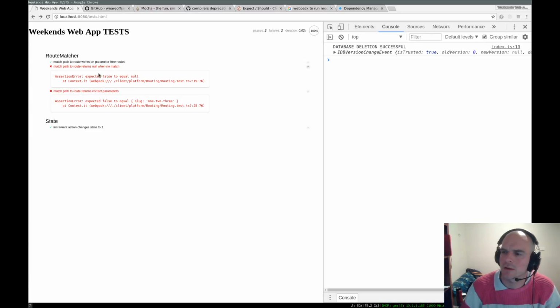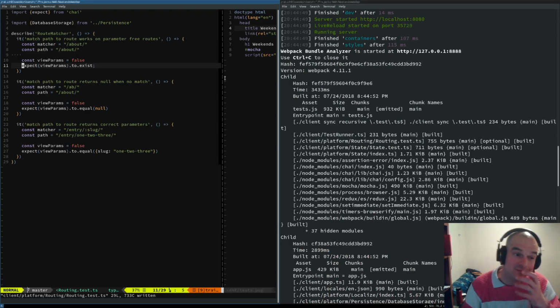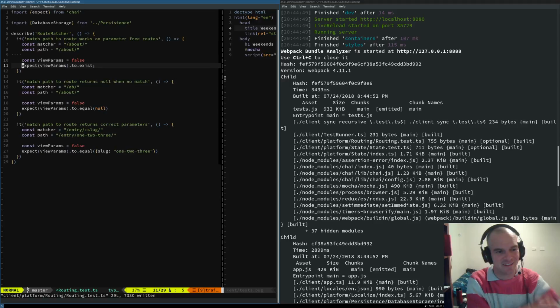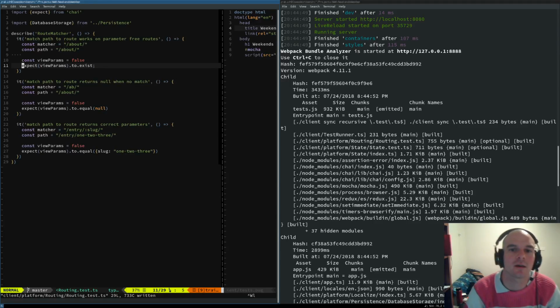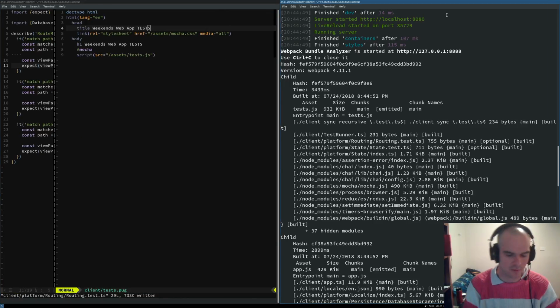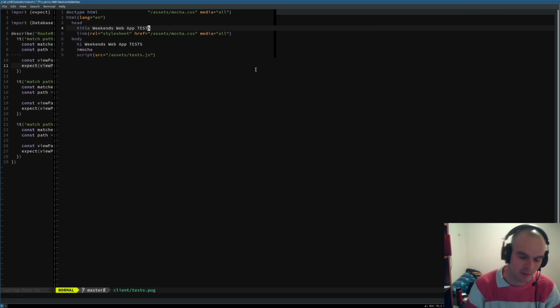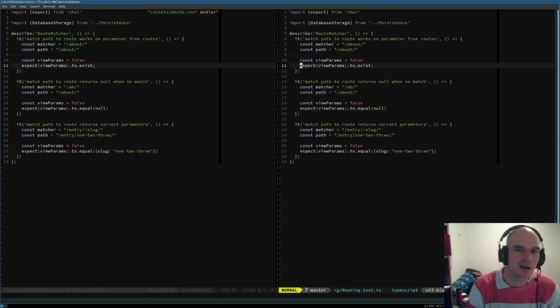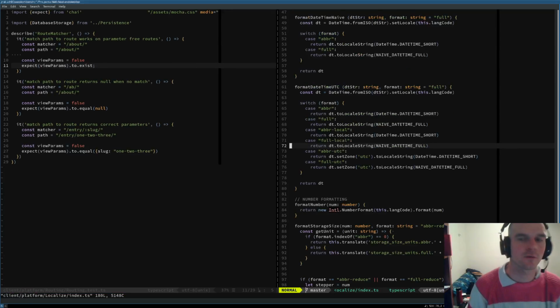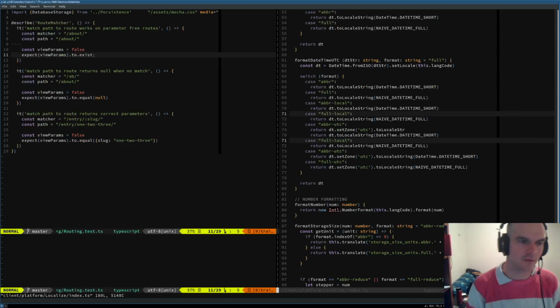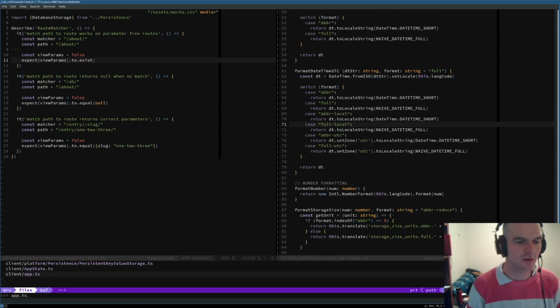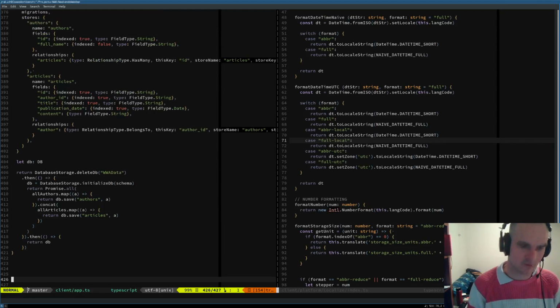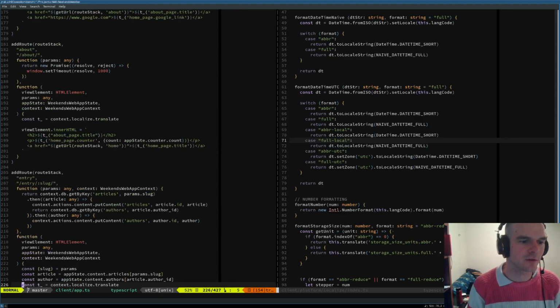Now that we've got it running, we may as well start in on that whole testing thing, right? So let's start smashing out a few simple tests. I'm going to get this off the screen now because we don't need to see it anymore. And we're going to start looking at our localization layer, because that's the first thing that brought to mind, hey, we should probably be testing this stuff, right? And you can certainly see all of the tests if we go into home.js. Well, not home.js. We don't have these in separate files yet.